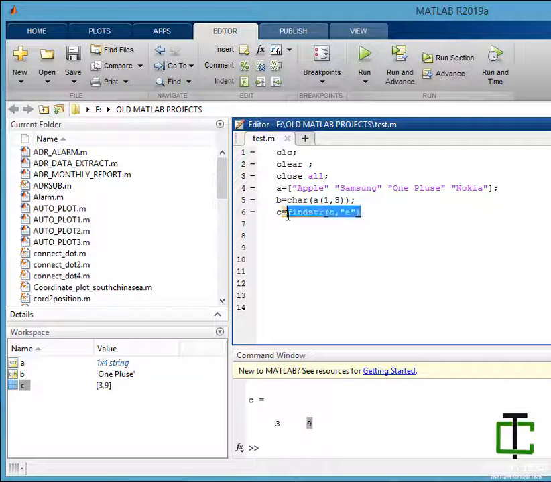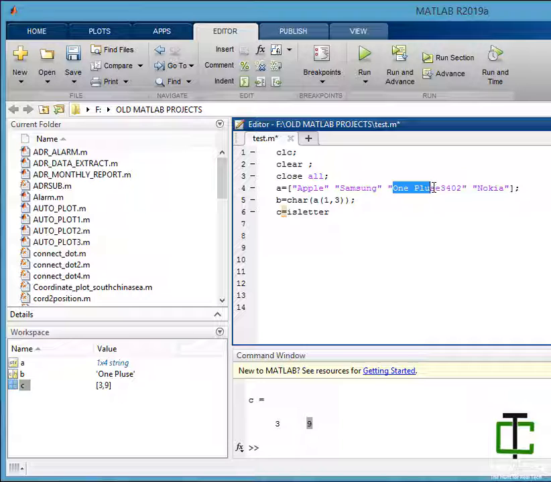So let's say our previous example is isletter. What it does, actually, it returns the positions of only the letters inside a string, not characters. Sorry, it's a character, but a letter is A to Z, which is called a letter.